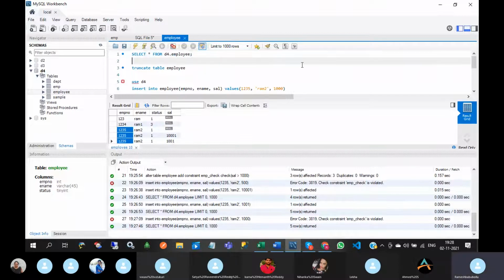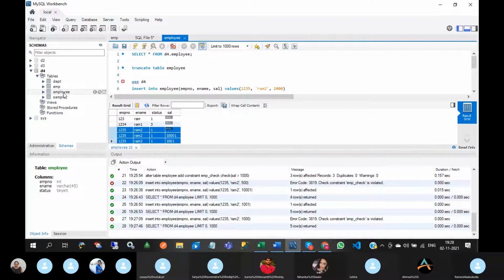Okay, so how to put the condition? If you want to put the unique key condition on employee number, it should not have duplicate values. So first of all, you need to delete these duplicate values. Then only can you create a unique key on an existing table.